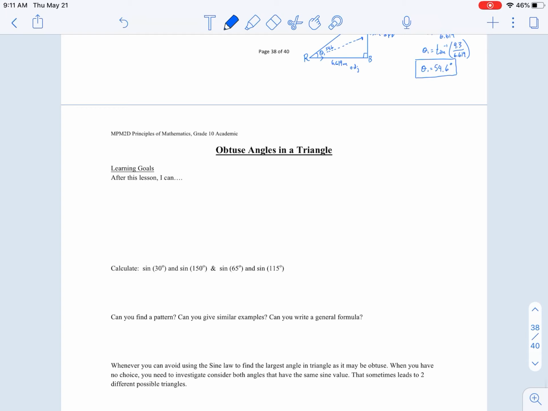Our next lesson, obtuse angles in a triangle, we are not going to do. So you can skip that lesson, put a big X through that one. If you want to go ahead and look at it, Google it. It is very interesting. If not, we'll learn about it